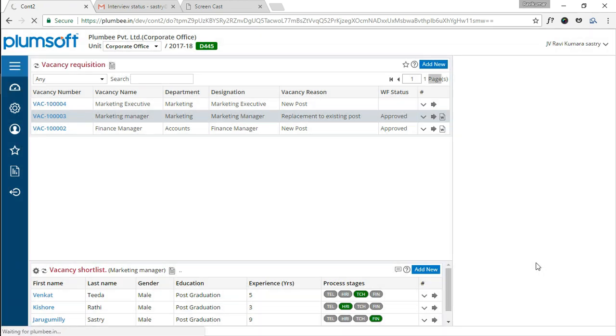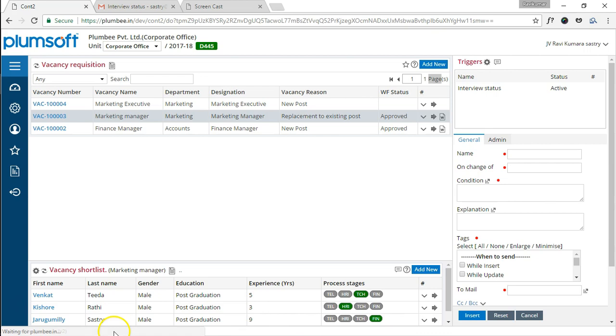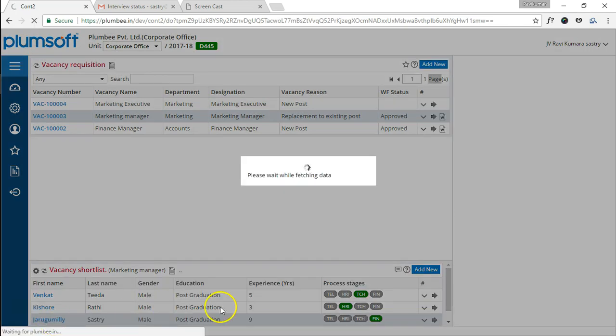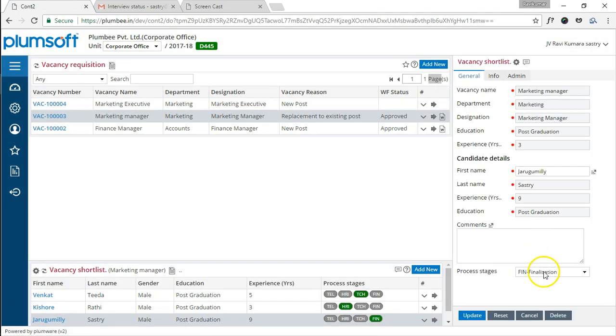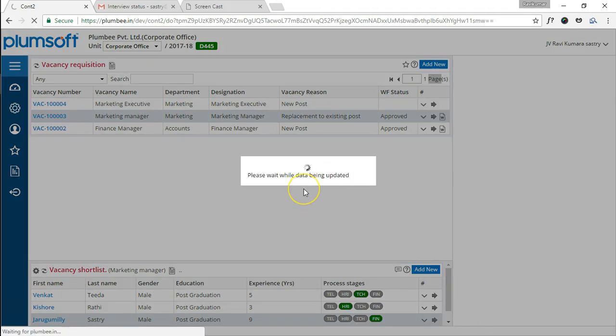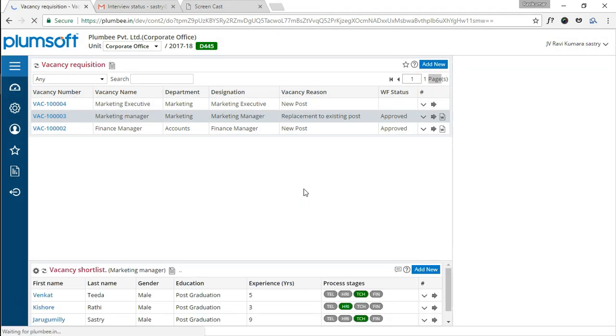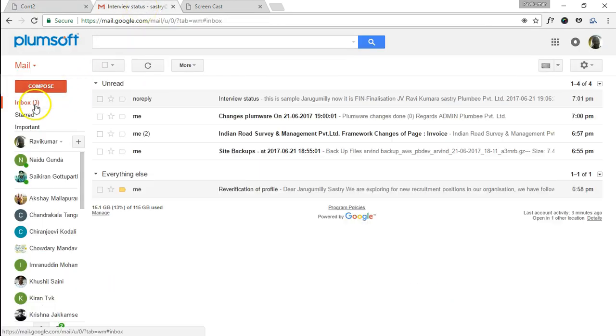So I just changed the module, the message. I am just changing it from technical. The moment we do that, the same trigger gets fired, except that the contents would change,